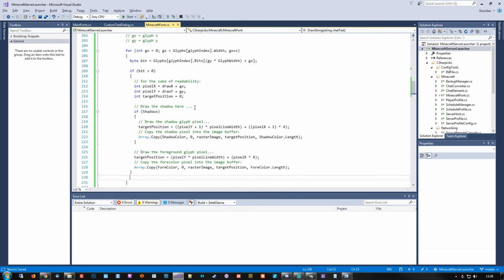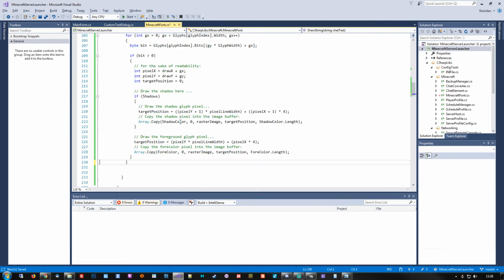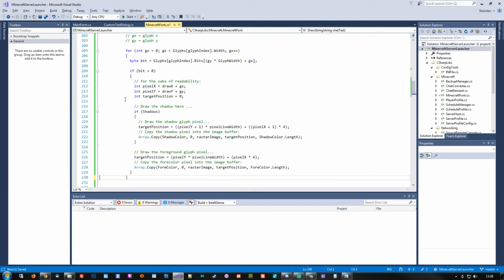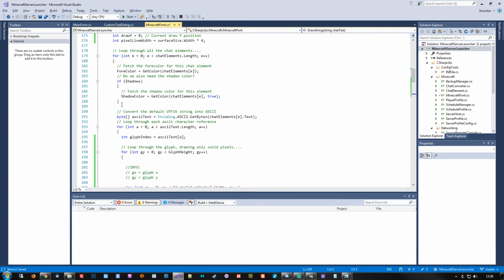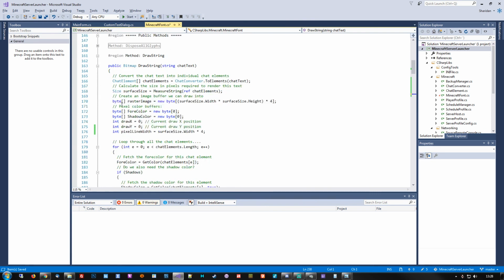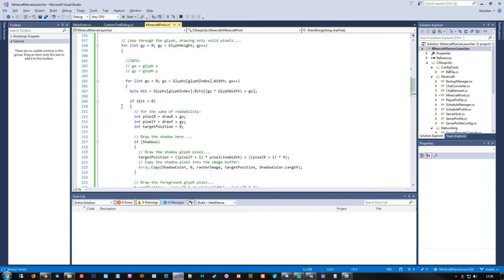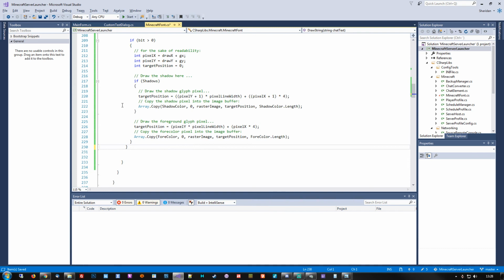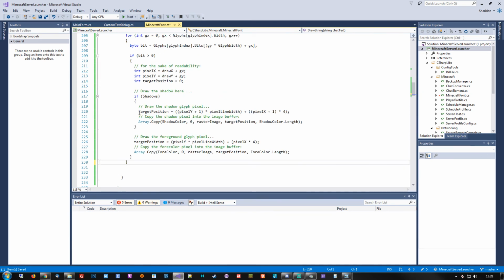All right, so we still have a couple of things that we need to add in to get this working correctly. And that is the fact that at some point we will do things like strike through, we will do things like underline and bold, and those are situations that we also need to account for as part of this particular setup. And how do we go about doing that? Well,